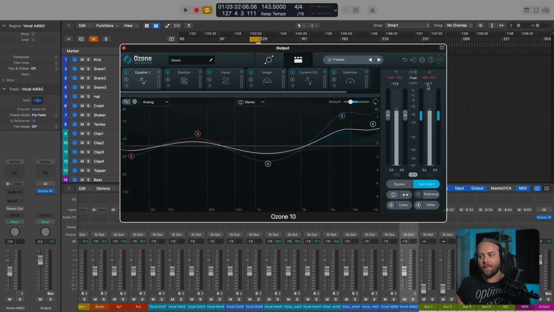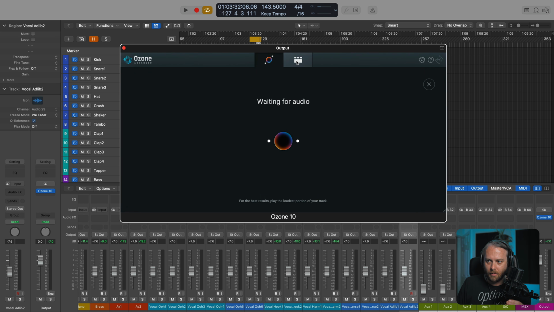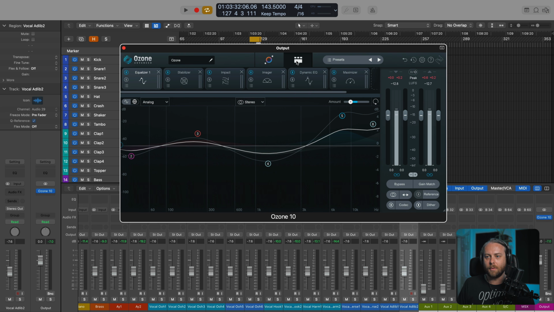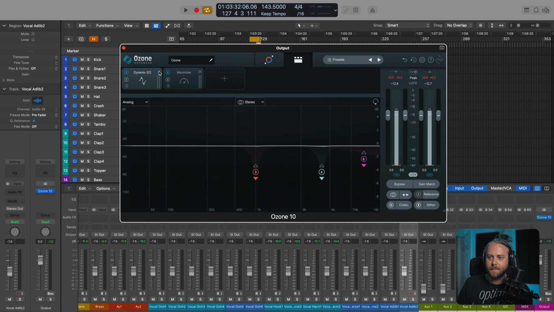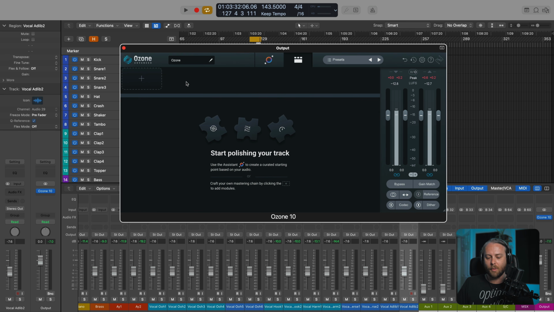So we have gone over the main Master Assistant window. It's time to move into the detailed view, and I can do that just by clicking over here, and now I'm in the detailed view. I'm going to close all these guys out though. And the reason I want to do this is because I want to talk about Ozone in terms of clusters